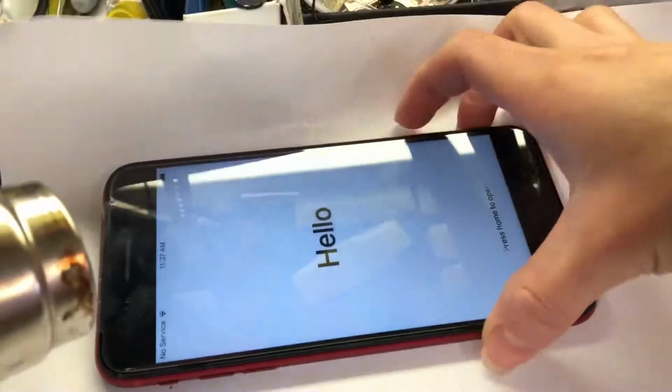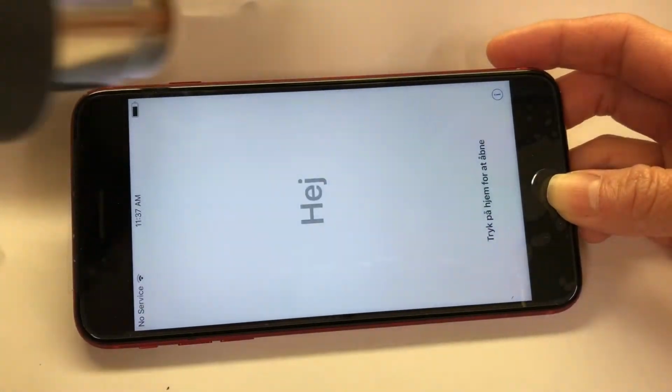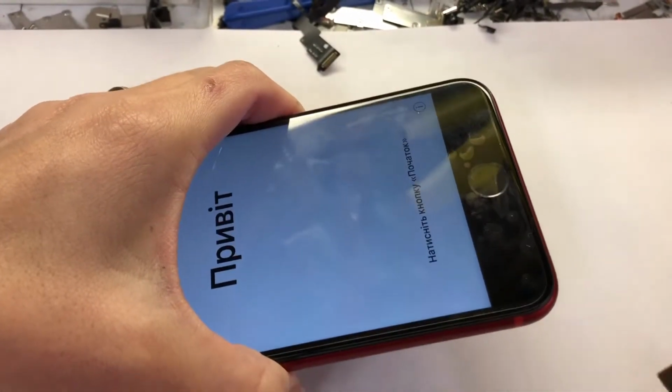And then you're gonna heat up with the heat gun if your phone has never been opened before. To melt the glue, you have to heat like this. You're gonna heat two times longer than I heat. After you heat it, use the razor